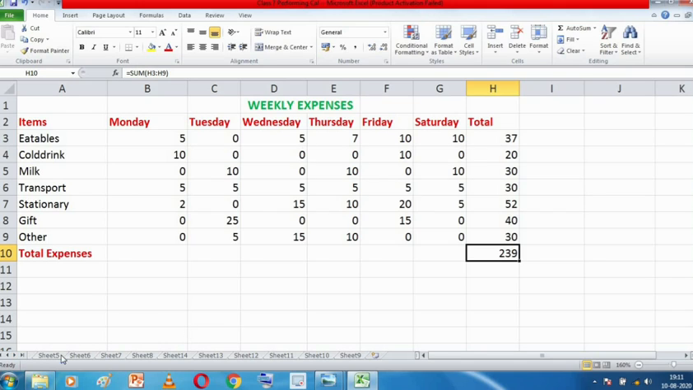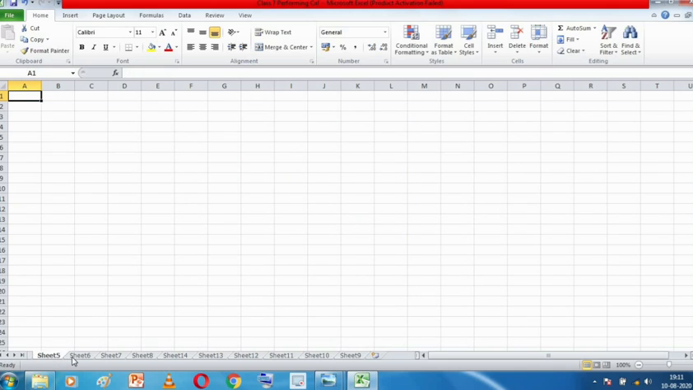But if you want to open any sheet, I need to click on the sheet tab name over here, so that worksheet will open. Okay students, so this is how we switch between different worksheets. Now moving on,